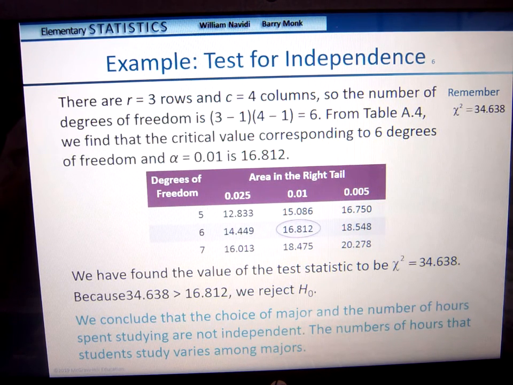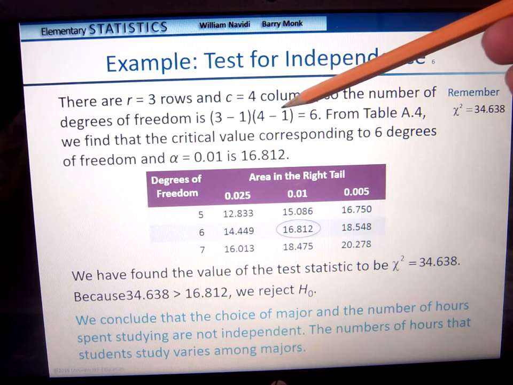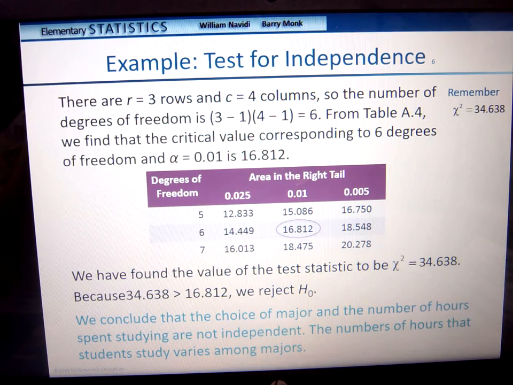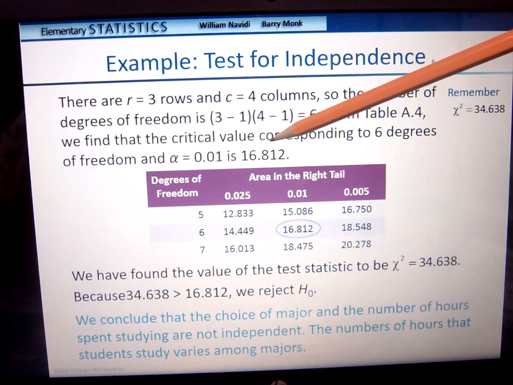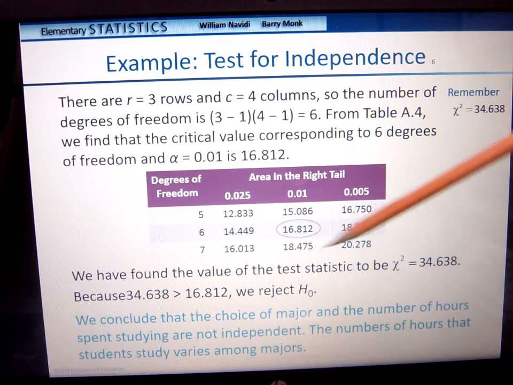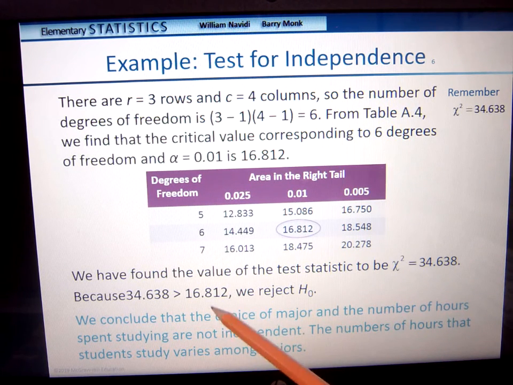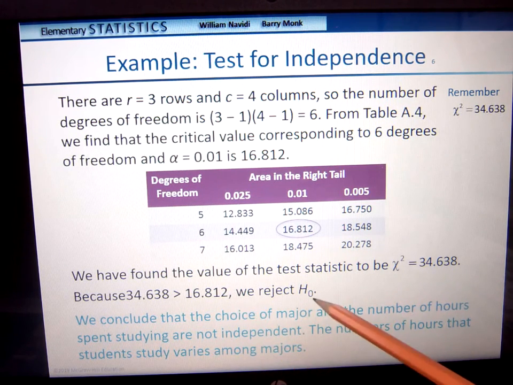There are 3 rows and 4 columns, so the degrees of freedom would be 3 minus 1 times 4 minus 1. Remember, here the degrees of freedom are a little bit different. So we have 3 minus 1, 4 minus 1, and that will give us 6. From table A4, we find that the critical value corresponding to 6 degrees of freedom at 0.01 is 16.812. Now, we found the test statistic to be 34.638. Since it is bigger, we're going to reject the null hypothesis,